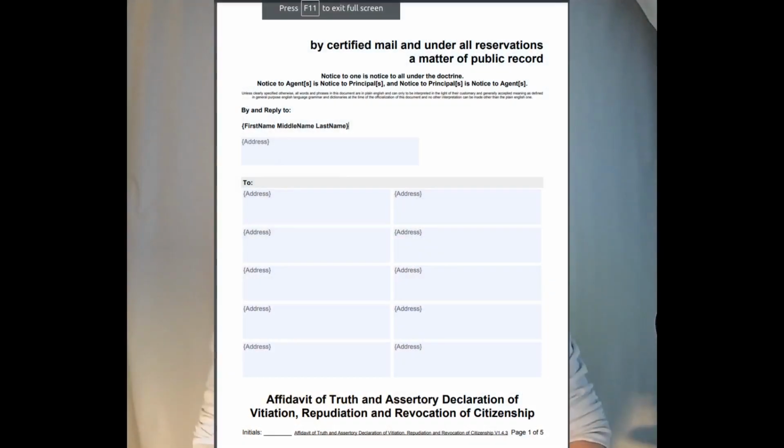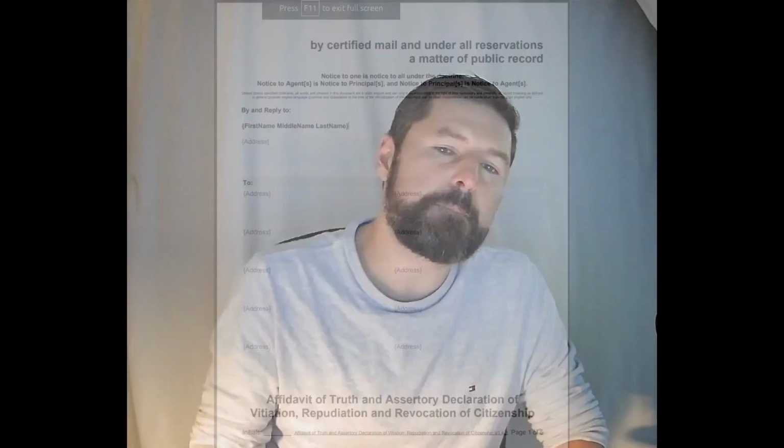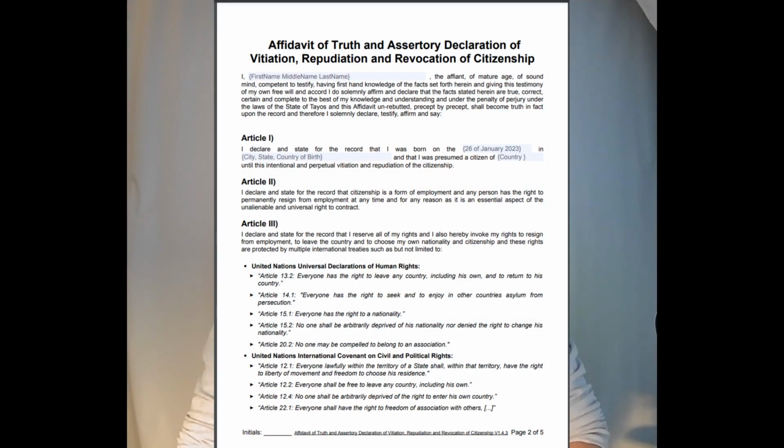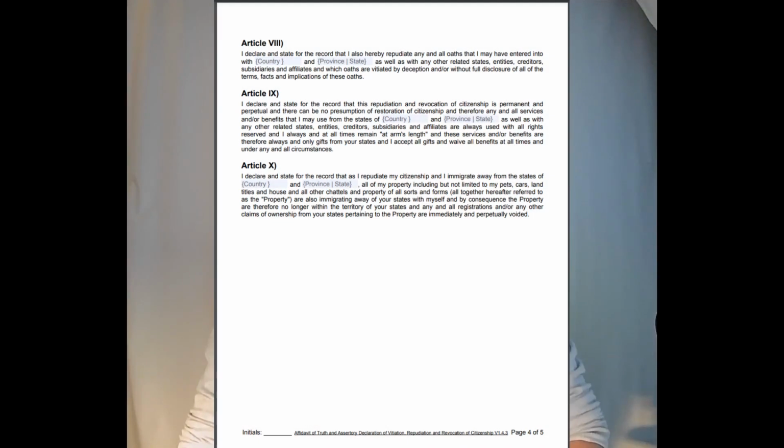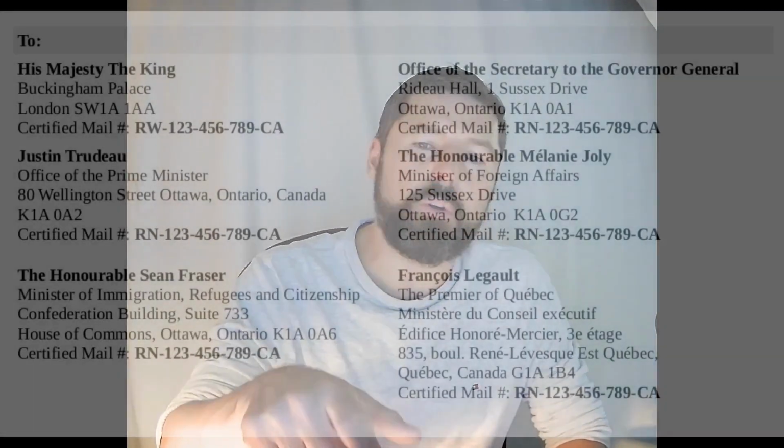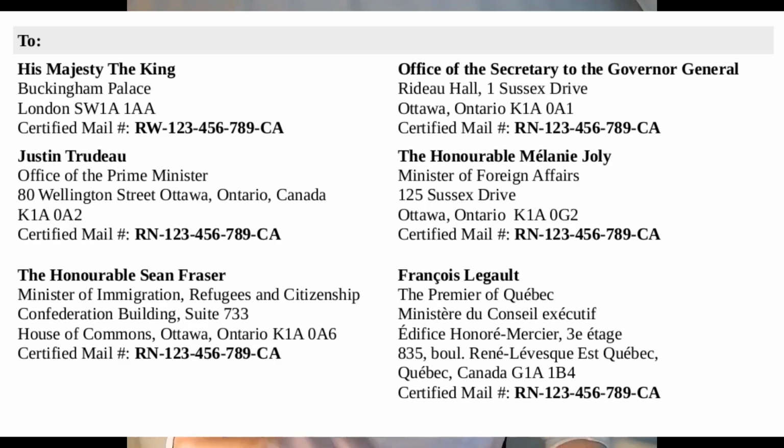So here's page 1. Now you see again in blue what needs to be edited. Here's page 2. Here's page 3. And here's page 4. And as you saw from the first page, you need to set a lot of addresses for the officers of the foreign state you're going to serve. We also offer a page of addresses, and I'm going to show you one for Quebec in Canada. So here it is.